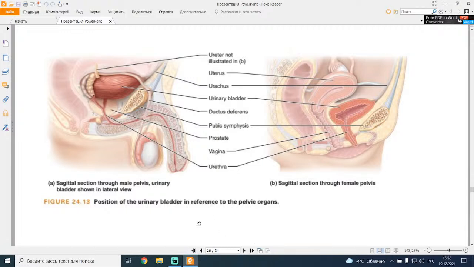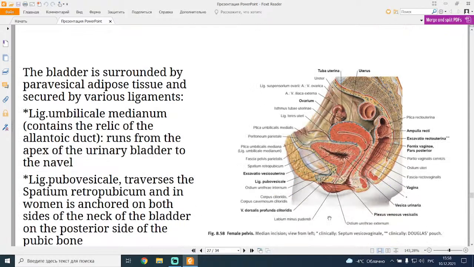You see the position of the urinary bladder in reference to the pelvic organs, male and female. The bladder is surrounded by paravesical adipose tissue and secured by various ligaments. Ligamentum umbilicale medianum contains the relic of the allantoic duct and runs from the apex of the urinary bladder to the navel. Ligamentum pubovesicale